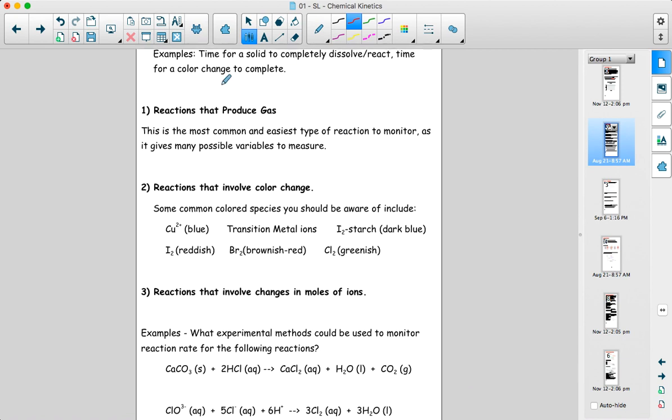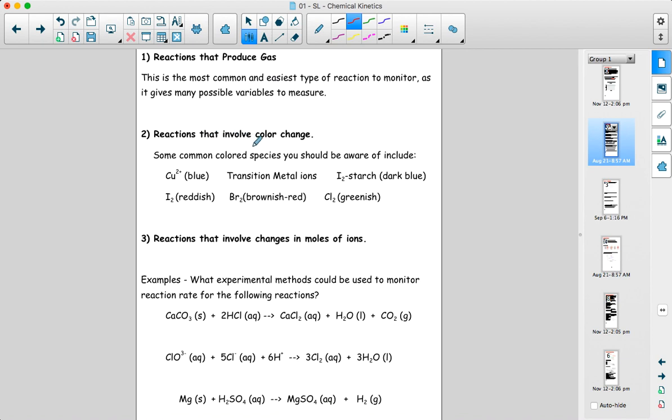So mostly what we're going to look at are reactions that produce gas. They're probably the easiest to monitor. We'll look at reactions that involve color change. So it's helpful to be familiar with certain species that have color, like copper 2+, which we know is blue,